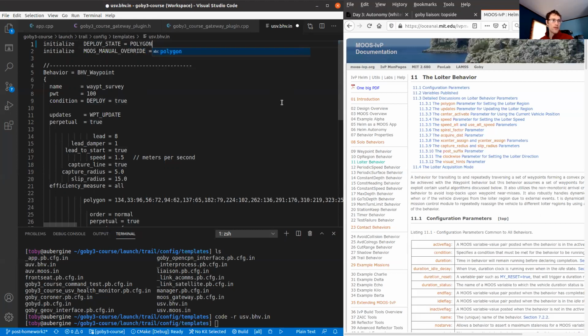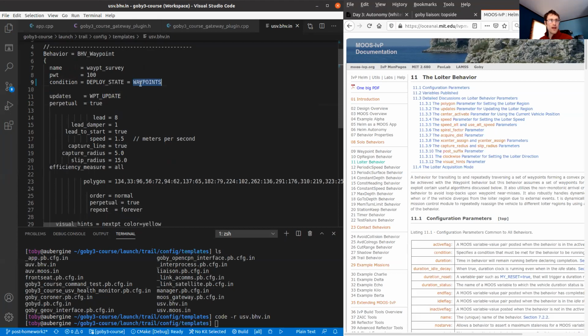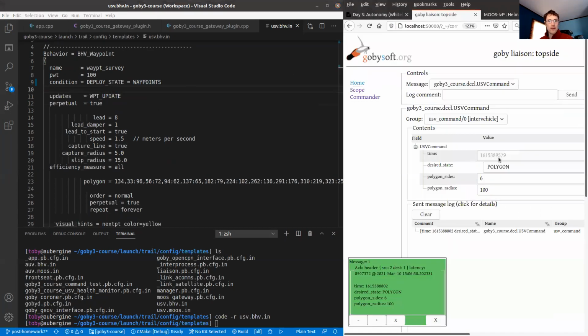And we'll have our vehicle start up doing a hexagon rather than the Goby fish waypoints. And when we do that, we also need to change the condition on the waypoint behavior now to be when the deploy state is waypoints. And this maps to the enumeration name of our desired state here, waypoints.